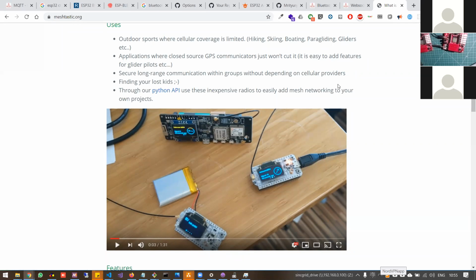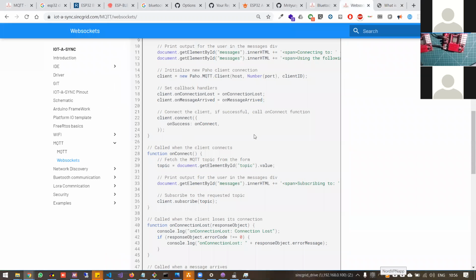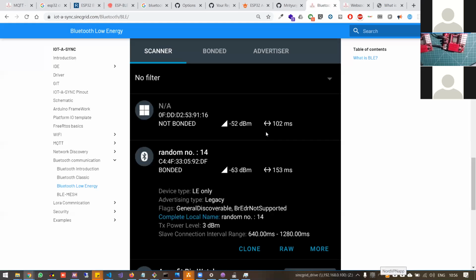So that is also possible. And in the Bluetooth also, I have described the Bluetooth mesh. So in that Bluetooth mesh, you can use this for this kind of communication in the mesh topology. So again, our target as the agenda is how devices communicate, what are the different topologies, what are the